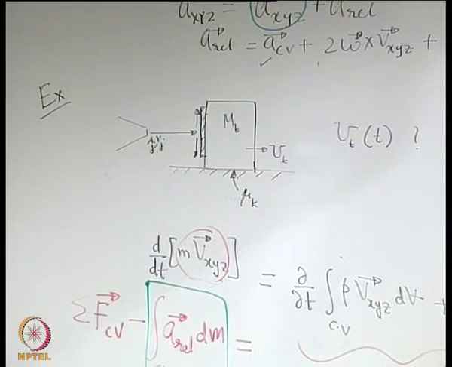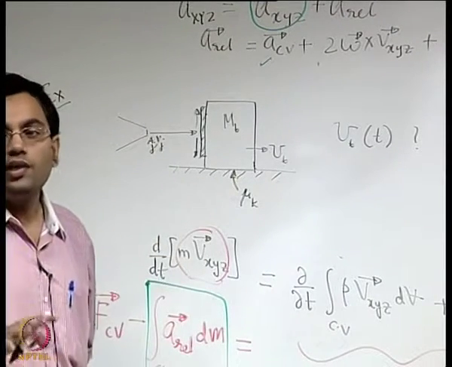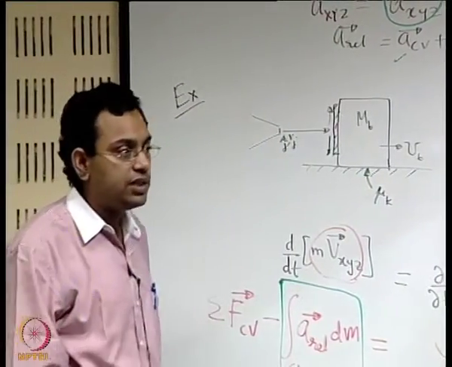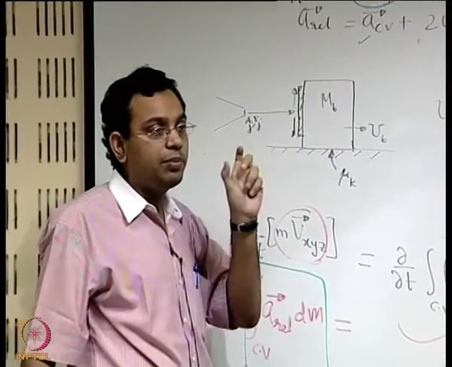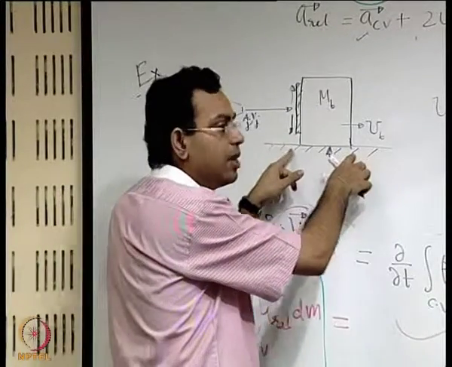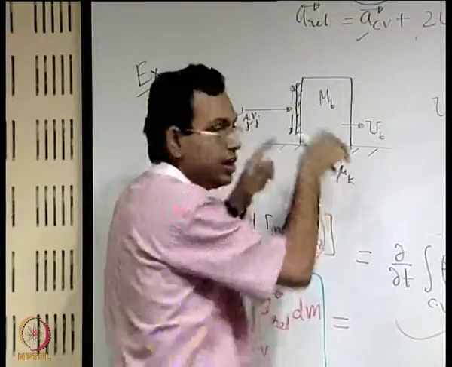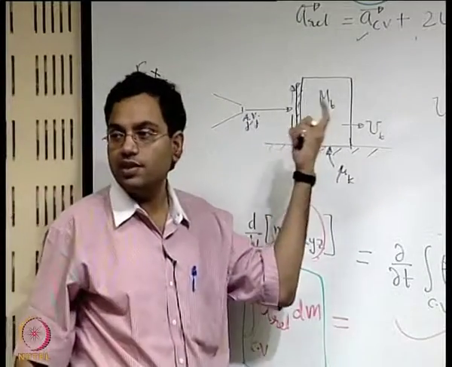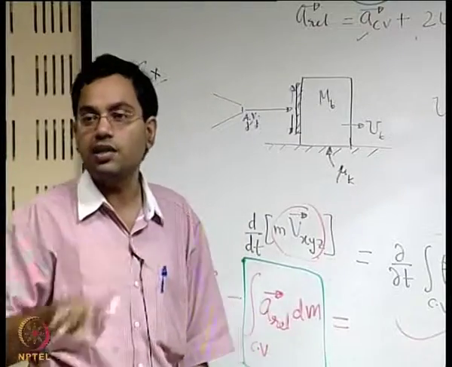Let us try to look into this problem with the framework of an arbitrarily moving reference frame. Now, this is also a simple form of arbitrarily moving reference frame, because this cannot have angular motion. If it may have angular motion, again that becomes a very interesting problem. If you extend the dimensionalities of this and consider the toppling possibilities because of the force which is acting on it, but if you just idealize it like a point mass type of a thing, then it is having just a translation, but it may have a variable translational velocity.